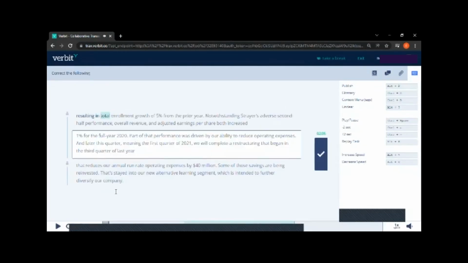So another thing worth noting is that this time that you are given when you are doing the training for EC, you must make sure that you are submitting your segments before this time runs off, because this is the parameter that is used to gauge if you are going to pass your test. So you want to make sure that you submit your segments as early as possible or as fast as possible.